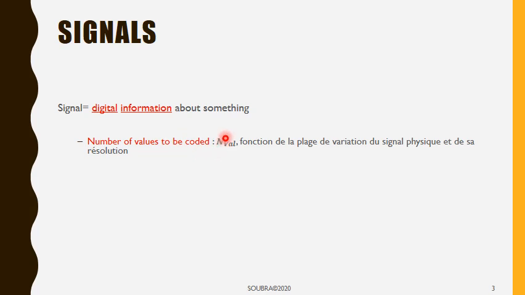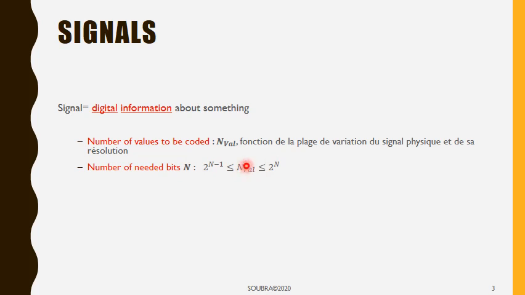And we will see how we're gonna use this one right away. So in order to know how many bits are needed to code the digital information, now that we know the number of values of it, all we have to do is apply some mathematical formula, which is a log base of 2. It doesn't really matter, but the number of values to be coded is in between 2 to the power of n minus 1, which is the number of needed bits, and 2 to the power